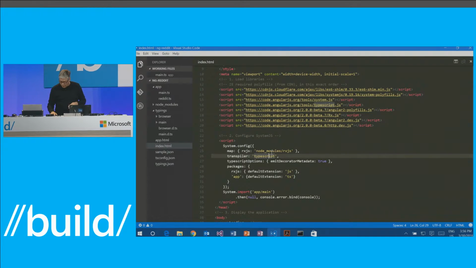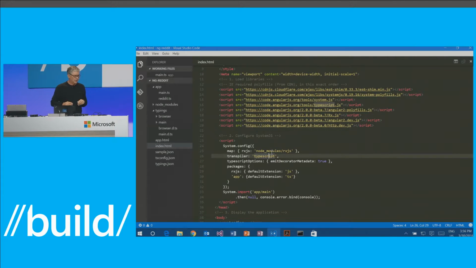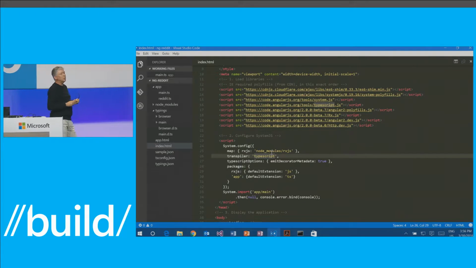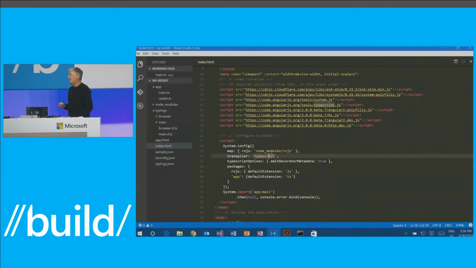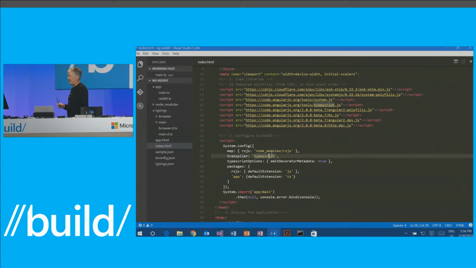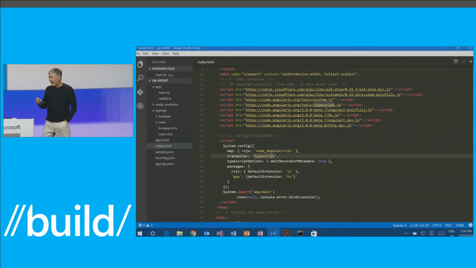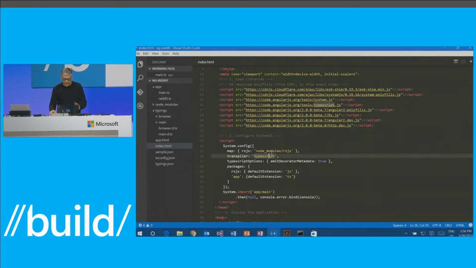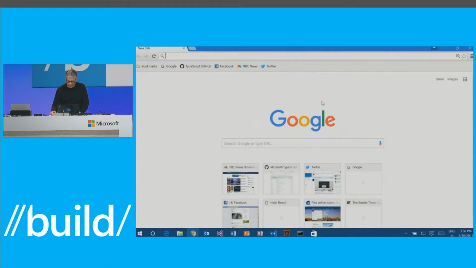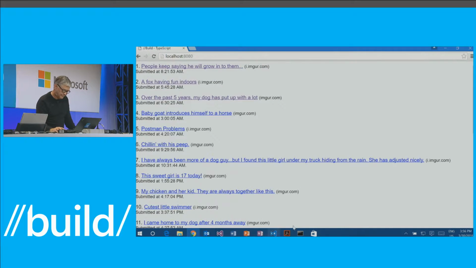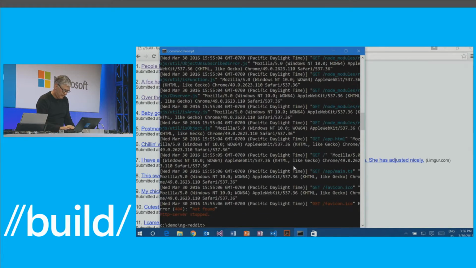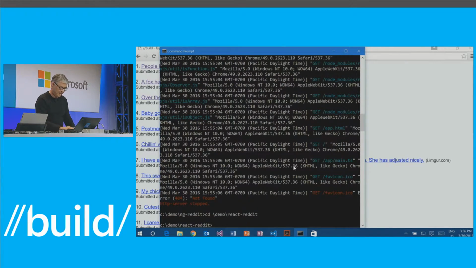Okay, that's a quick look at Angular. Now, Angular is not the only UI framework that we support. Another very popular framework out there, and one that's gaining rapidly in popularity, is React from Facebook, another open source UI framework. So let me show you this very same app, but this time written using React. So we'll shut down this guy, and we'll go to demo and go to React Reddit instead. And we'll fire up